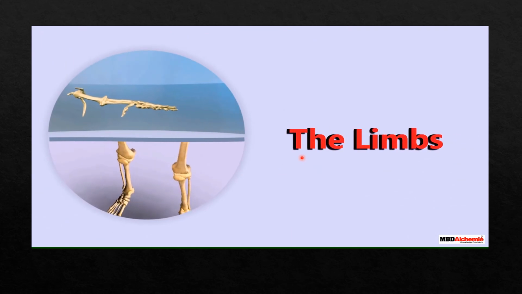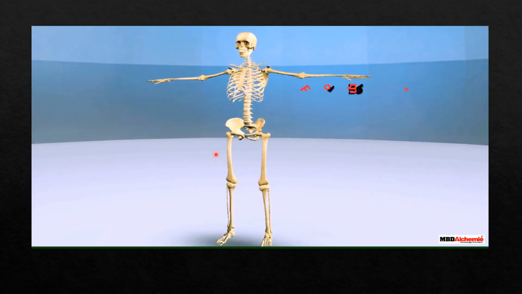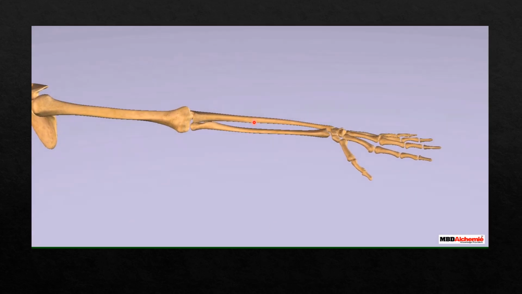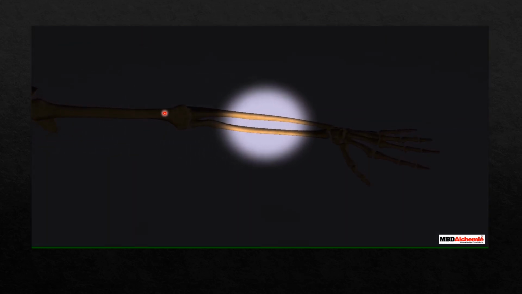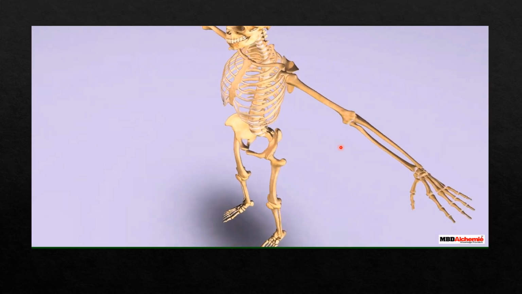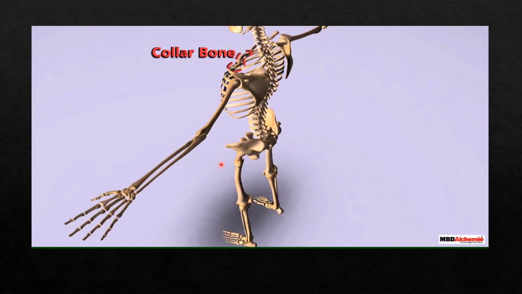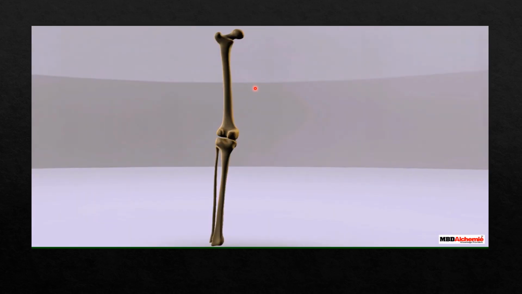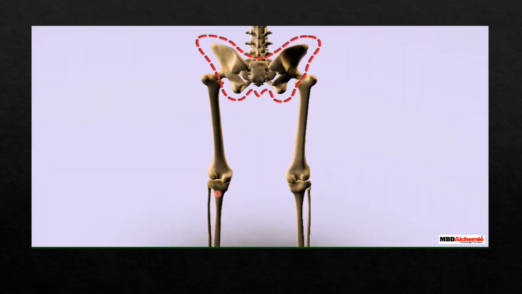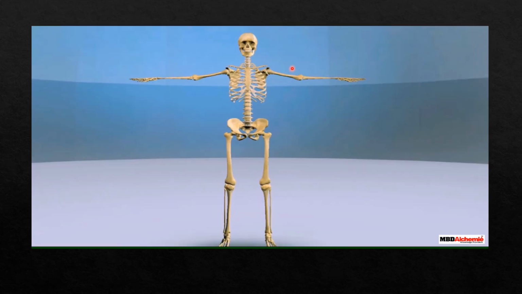Now these are the limbs, children. Here you can see the forelimb, and this is the hind limb. Here you can see the forelimb, and this is the upper arm. And this is the joint again, and here you can see the fingers. Now here you can see the collarbone joined to the shoulder bone, and this is the knee, and here you can see the thigh bone or the femur, the strongest bone of our body, and these are two bones of the legs, and this is the pelvic bone.